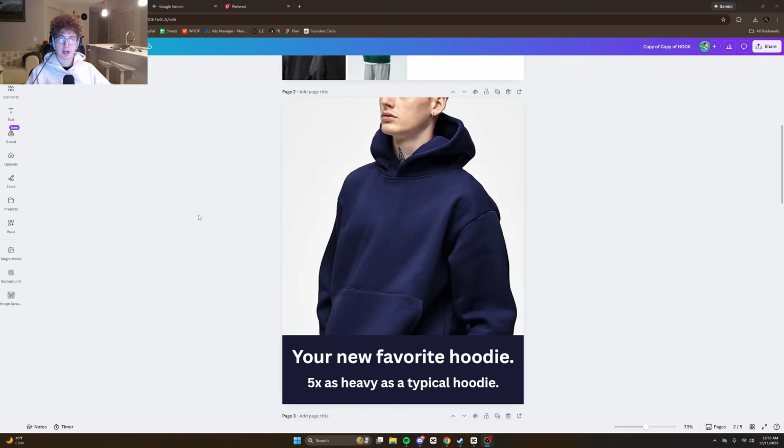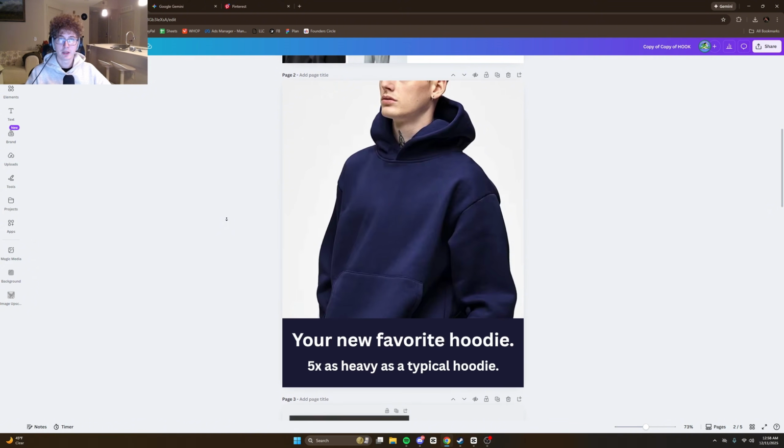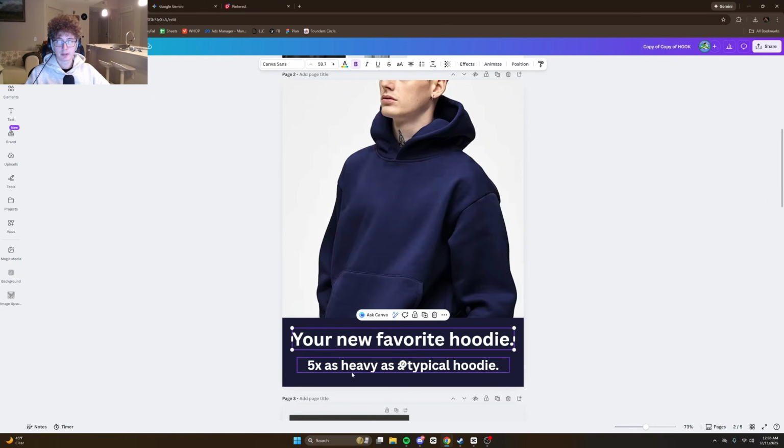Let's take this ad that I made that looks very on par with a lot of beginner static ads that I'll see, and let's make it something really good. Again, I'm not going to pay too much attention to the copy here, but as a lot of you may know, ugly ads with good copy perform better than pretty ads with bad copy. Ugly ads do perform, not because they're ugly, but because a lot of times the copy is on point. So ignoring the copy, focusing purely on the aesthetics for now, we're just going to take these 2 lines of